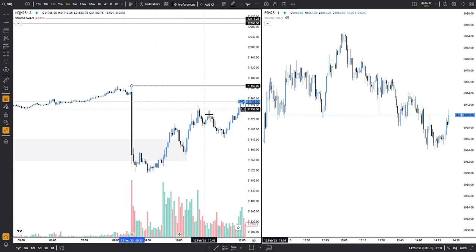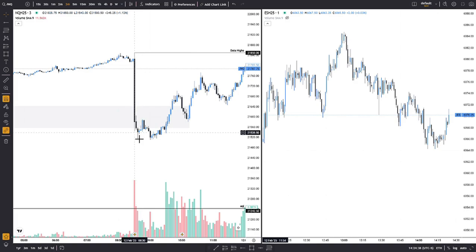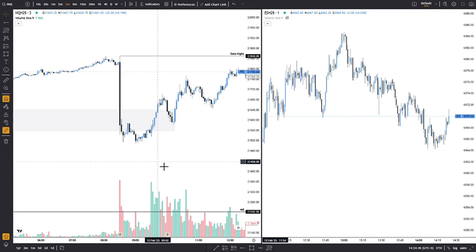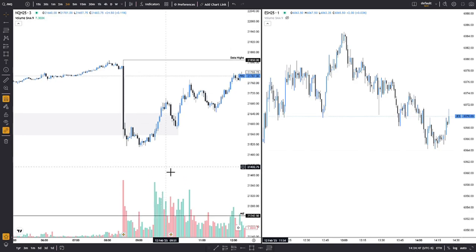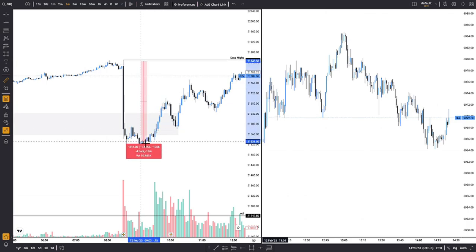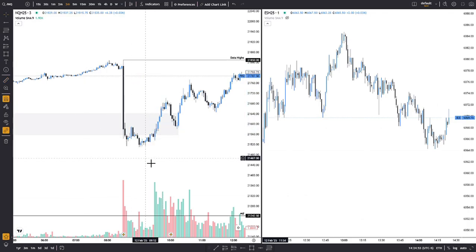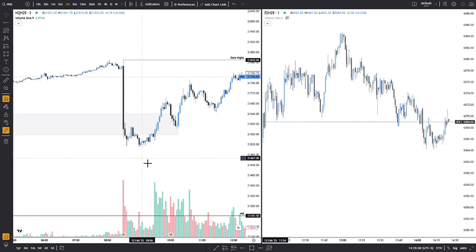Now when we leave data highs, we wait for the data lows to be swept, which happened here, and then we go for data highs if we get some momentum to them, because we dropped 300 points, which makes us really far from the data highs. So when this happens, there's a chance that if we don't get the right momentum to the data highs, we can't really target the data highs, because we're probably just gonna keep dumping